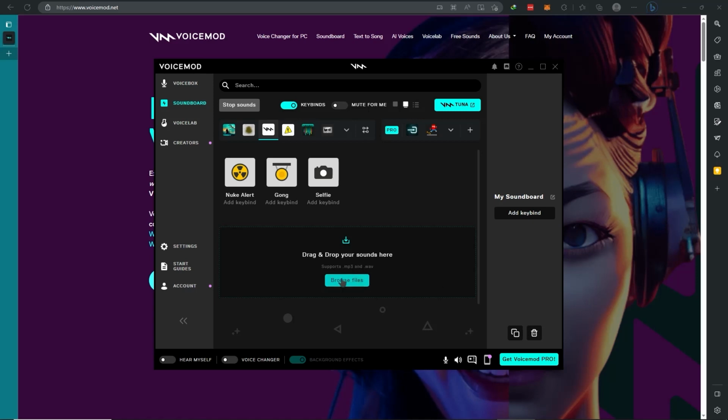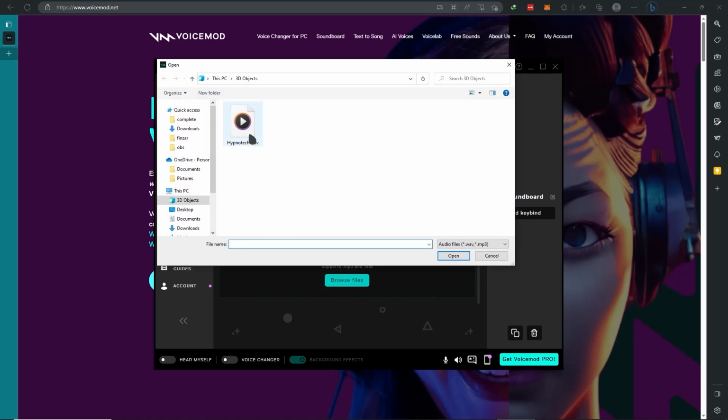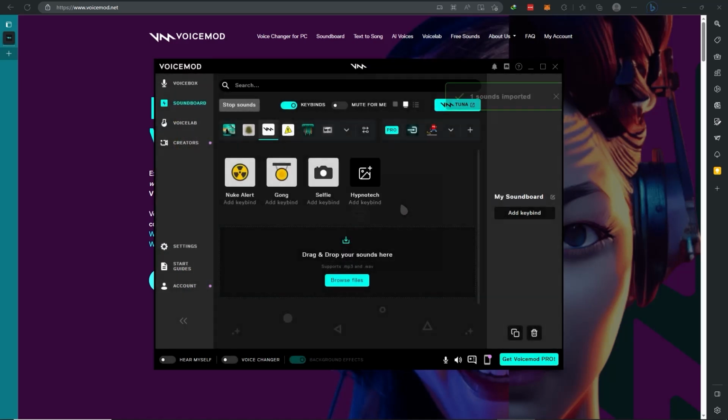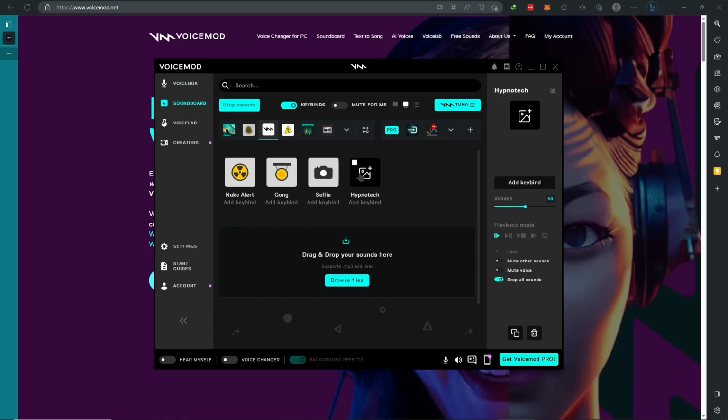we're gonna click on browse files and let's select the music that we want to play. Let's hit open and wait for it to load. There, it is now loaded here. So if you want to play it, you could just click. Let's just stop it for a moment, or you can just click to play it, or you can add a